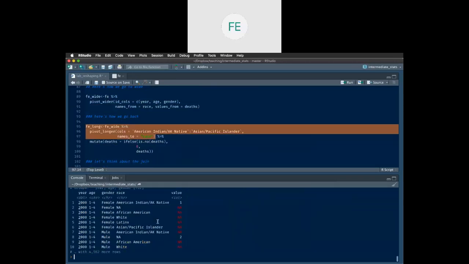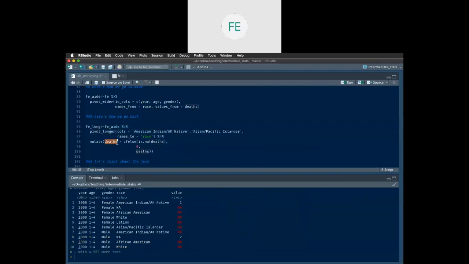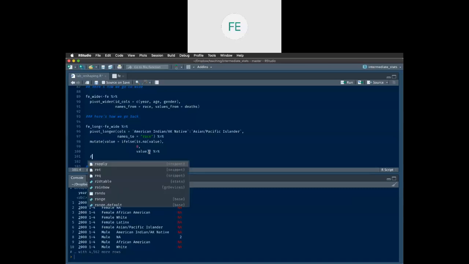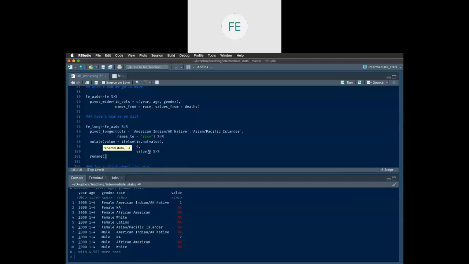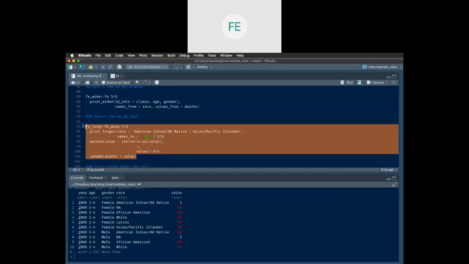Just debugging things really quickly. Okay, so now I tried to make this, we'll just leave it value, that's fine, and I'll do a rename. I'm working fast here just so I can get us through this. Okay, so FE long is now what we want it to be. Pop is what we want it to be. The race and